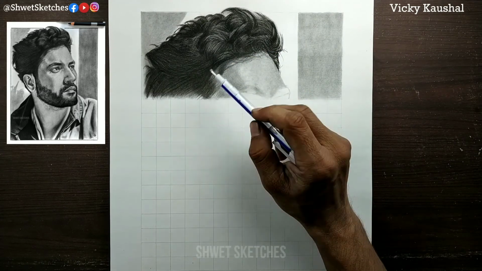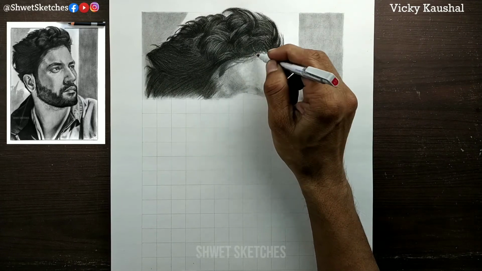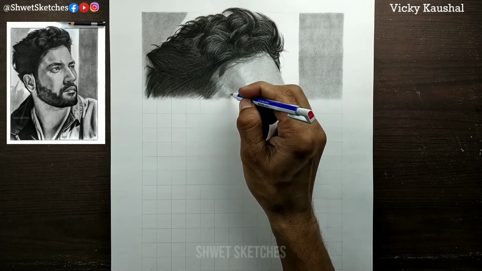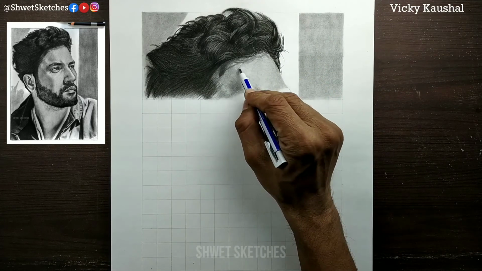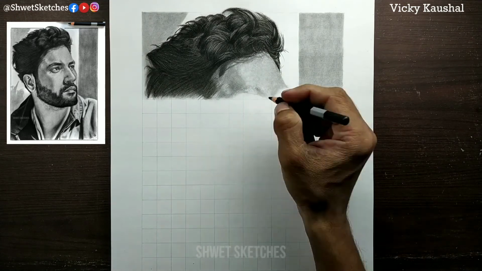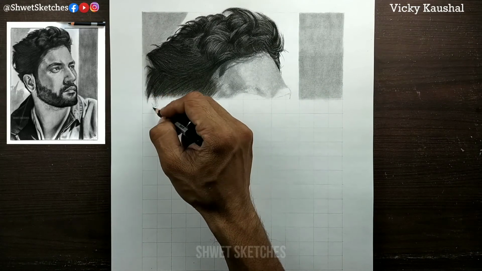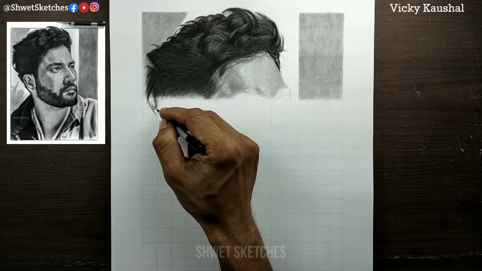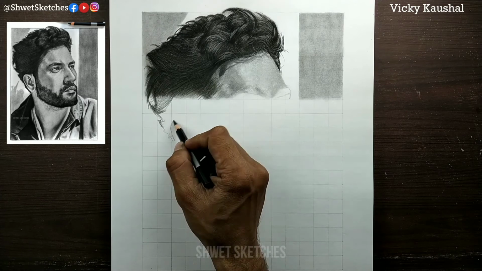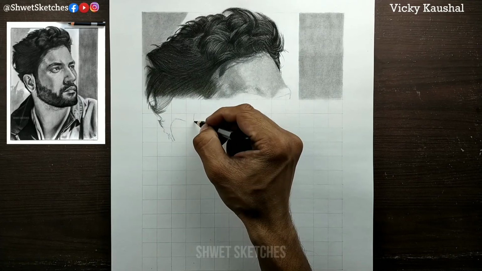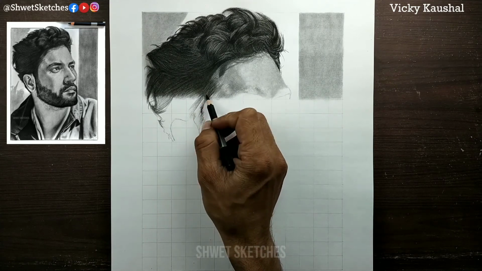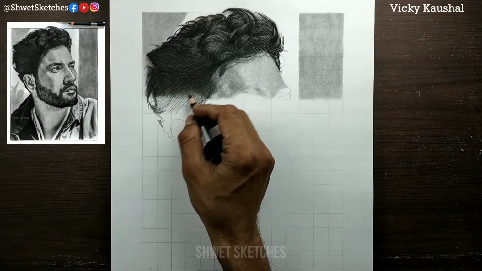And after making these details, our focus will be on the forehead side. The front side of the forehead is a little bit lighter as compared to the right hand side of the face of Vicky Kaushal, because the light source is on the left hand side and a little bit above, and the light source here is the sunlight. So sunlight every time goes evenly on every part, but it also gives a little bit of shades and highlights. So the front side of the face is looking a little bit lighter as compared to the right hand side part where the more shadows are going.